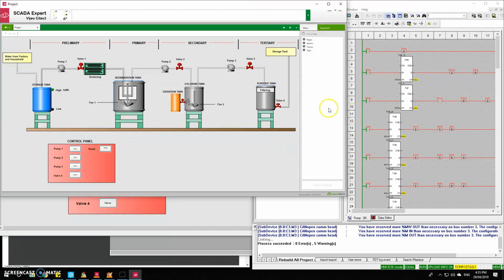This is the runtime interaction between the PLC and the SCADA. So the process starts by pumping all the water from the storage tank to the sedimentation tank. So pump 1 and valve 1 will open, which will pump all the water from this tank to the second tank. And after the pumping finishes, it will leave some time for the impurities to sink to